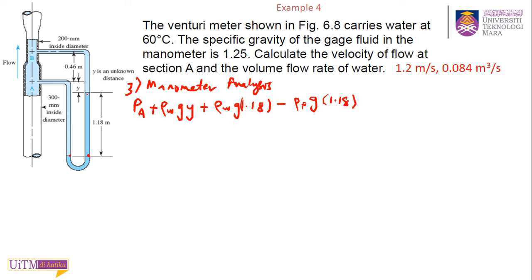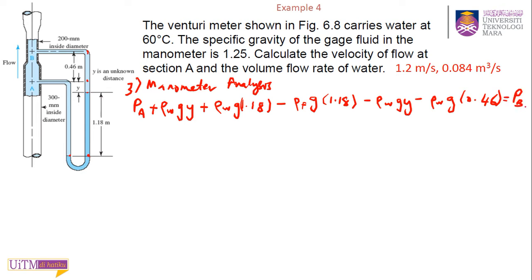Okay, so your point is here now, and then minus rho water g y here, and then you go up again, rho water g 0.46, until here, and this is equal to